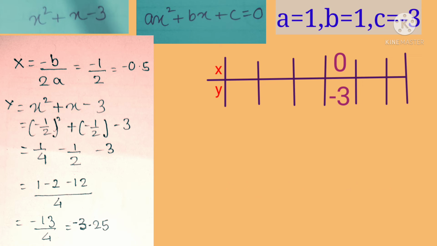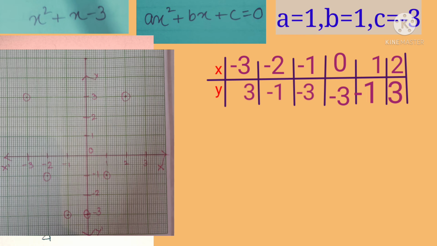For the question, if x is equal to 0, then y is equal to minus 3, and even the preceding values. For 0, we took on the right hand side 1, 2, and on the left hand side minus 1, minus 2, minus 3. For the second example, as we have done with the preceding x values, we got the y value by putting the values in the given equation, x square plus x minus 3 is equal to y. If we put minus 3, we get the y value equal to 3. The same way we got the other values.